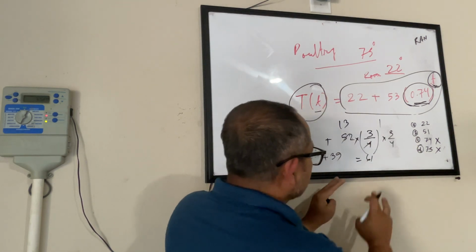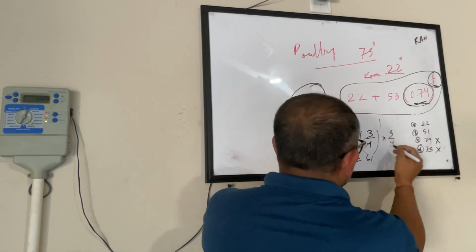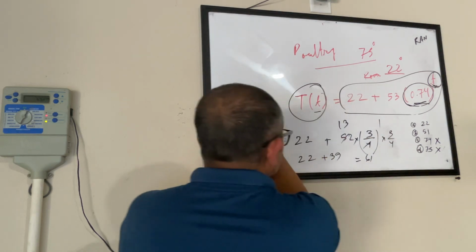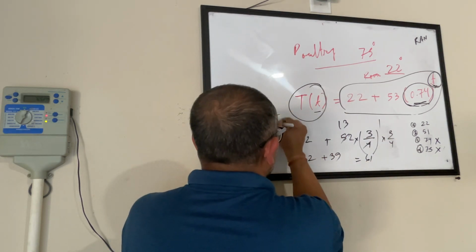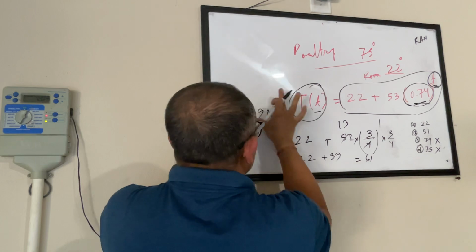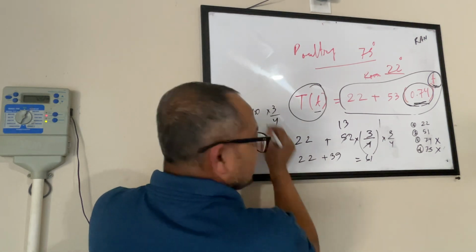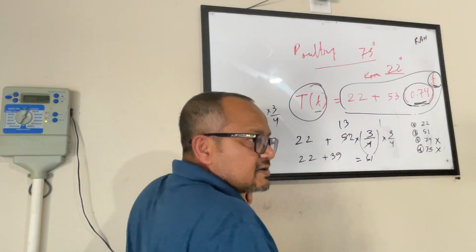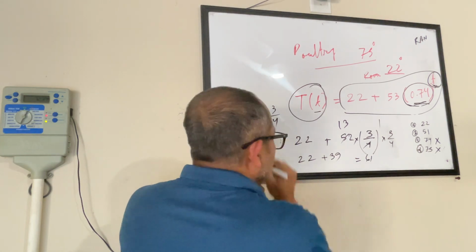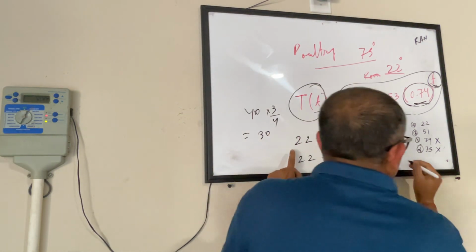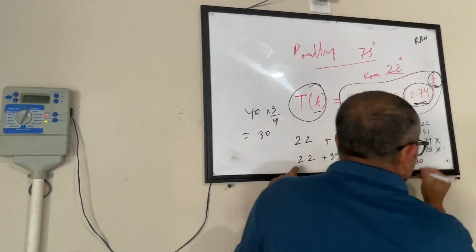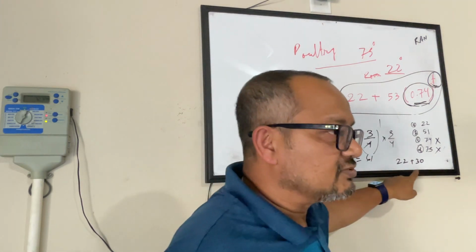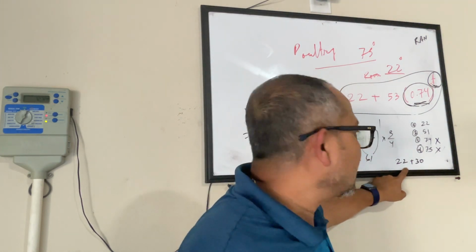So this was 39 multiplied by 3/4. I will assume this to be 40, because we are doing rounding anyway, right? 10 times 3 is 30. So 22 plus 30 is 52. After 2 hours,